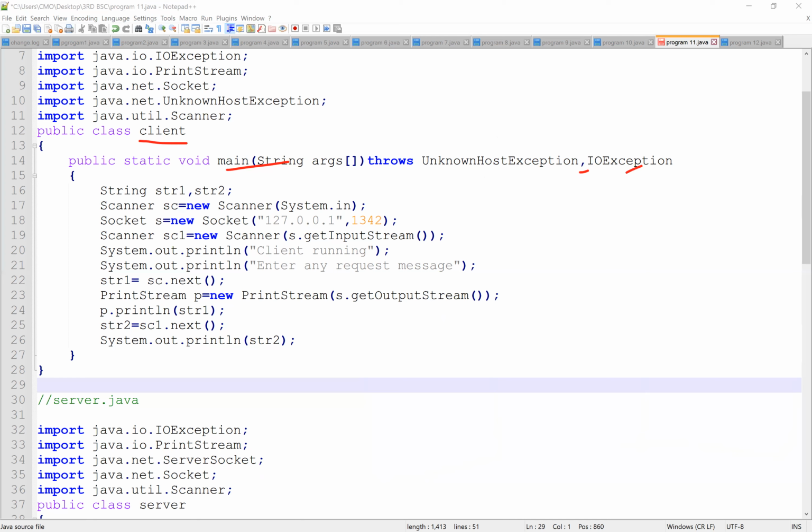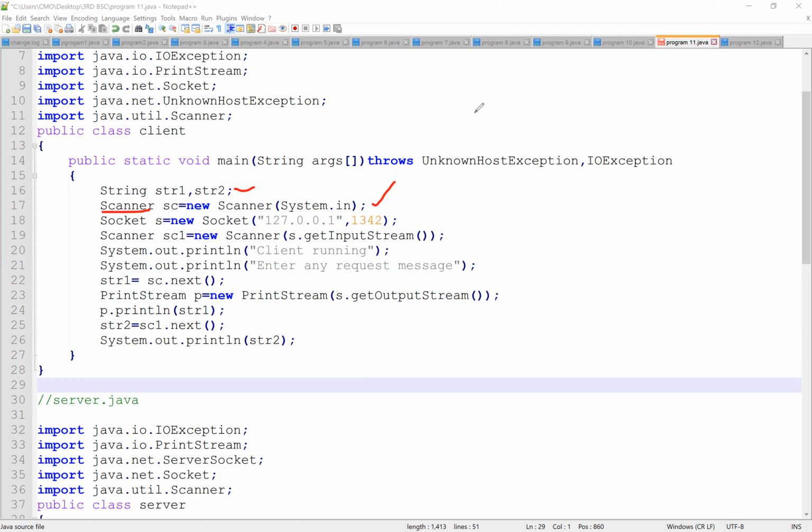We have two exceptions. Next we need to have our strings. We have two strings. Next we need to read these strings using System.in, using Scanner.